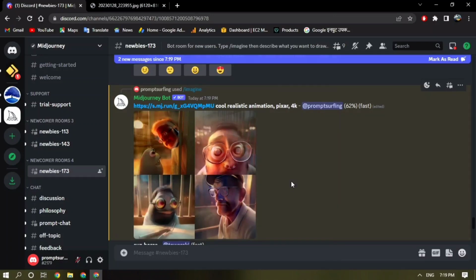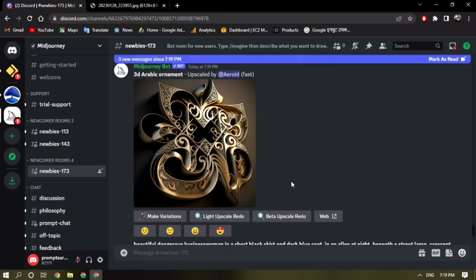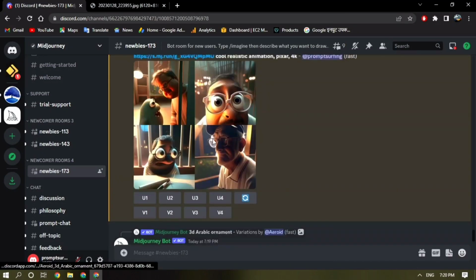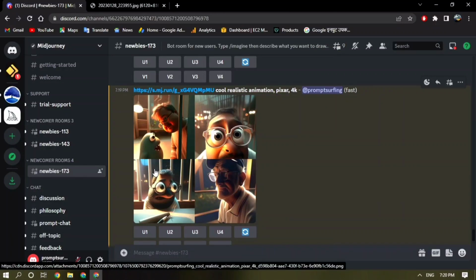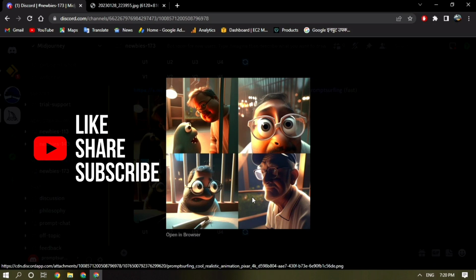Yeah, it's working on it. Okay, so the output is here, and I think it has done a pretty good job. But there is an extra character it has added into this. We really don't need anything like that, but